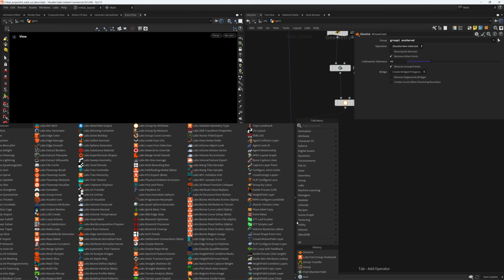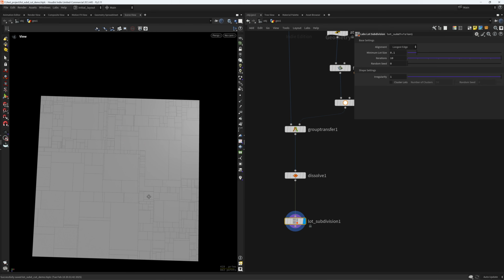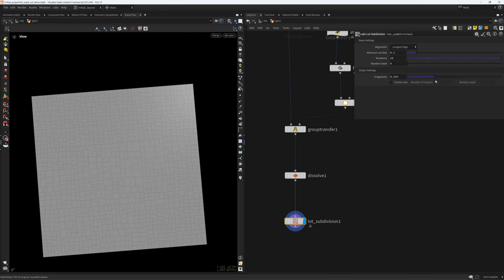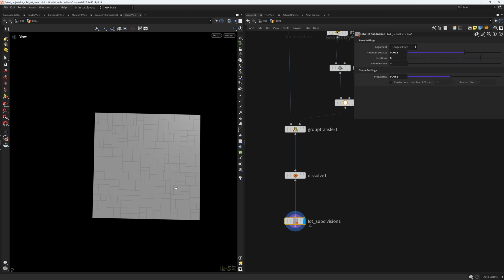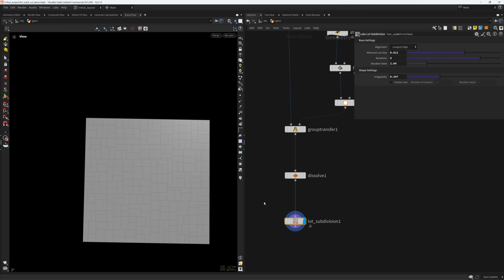And now we can do the lot subdivision. So lot subdivision, and we can play with the irregularity and reduce the iterations, play with this, and as you can see, we get a more randomized loop. If we play with the seed, we don't get that usual cut. Then probably play a bit more with this,